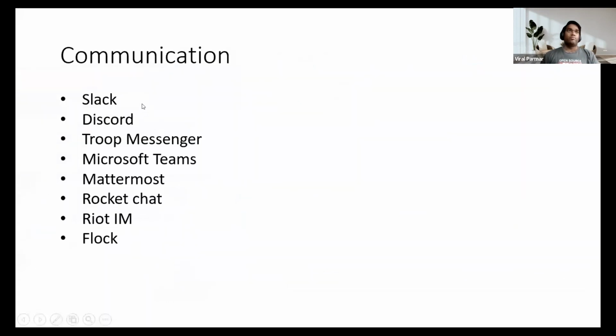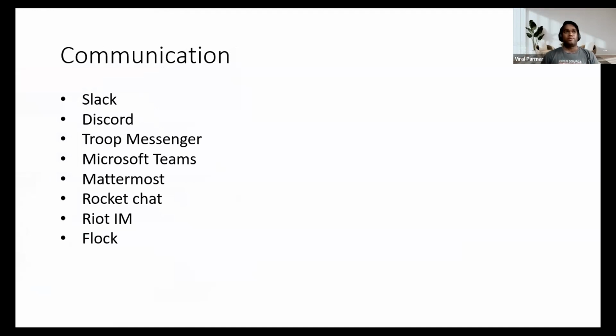Then communication, as we were discussing about Slack. Slack is best for internal communication, but if you also want outer communication, and for free, for multiple people, like 1,000 people, let's say, then Discord is best. Discord is, I think, free for a lot more compared to other services like Slack and other tool functions.